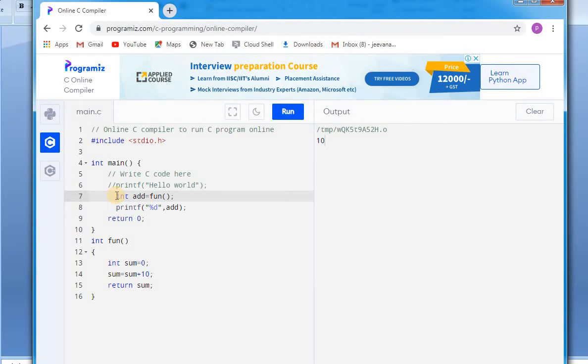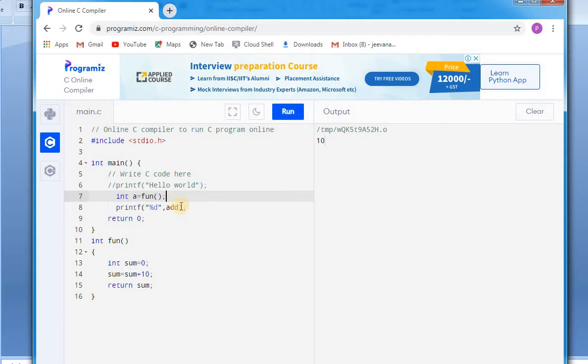Now I have written a statement calling the function, int a is equal to function. Here a is my variable, another variable to store the function's result. You can take any name, so let us take a. Now I have called this function, that means the variable sum storing the value 10 is returned.